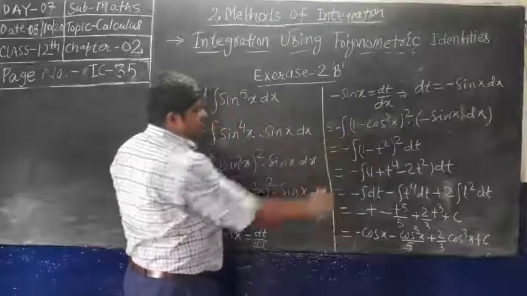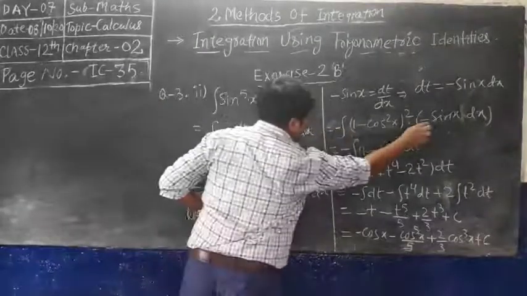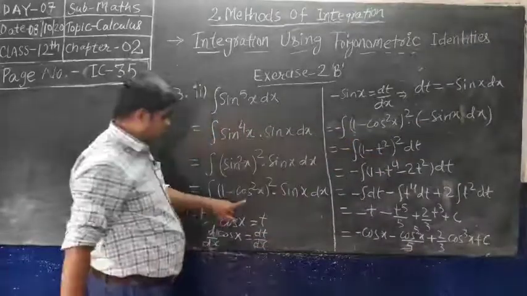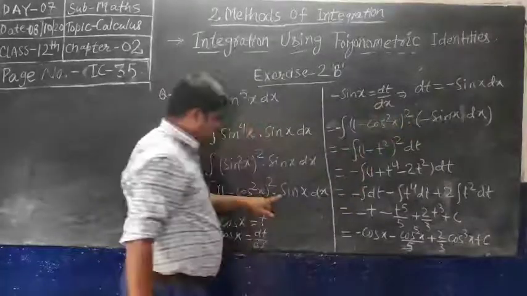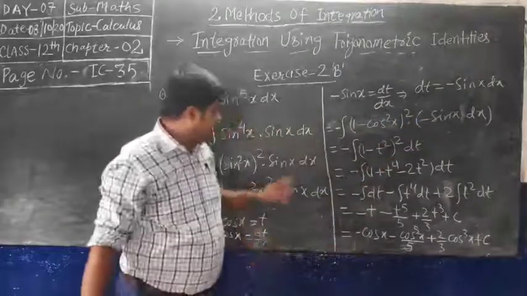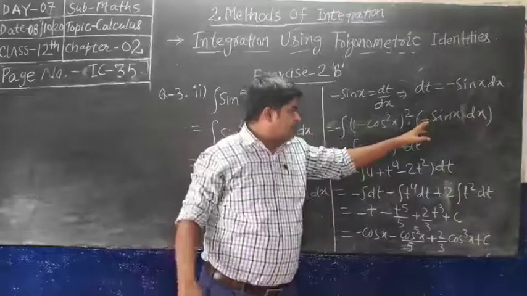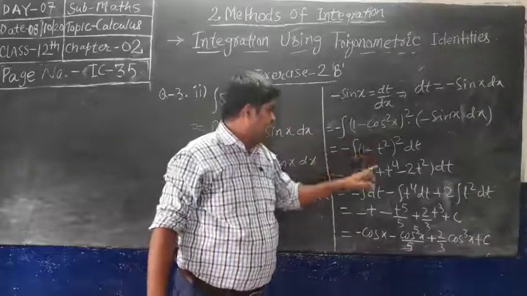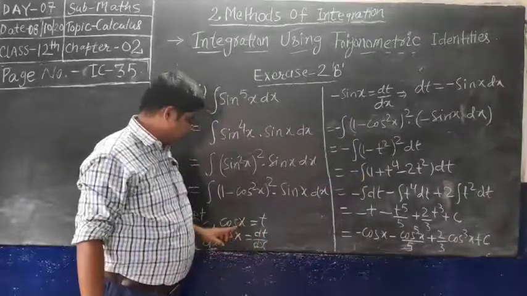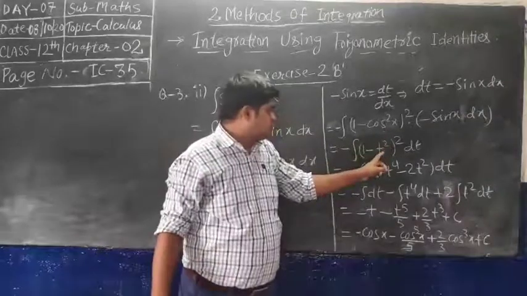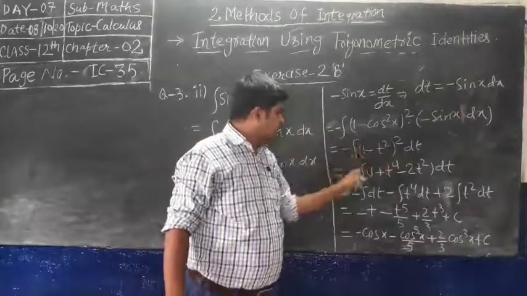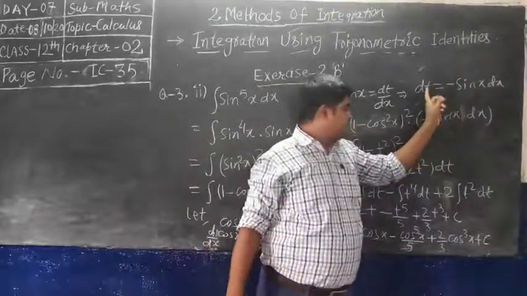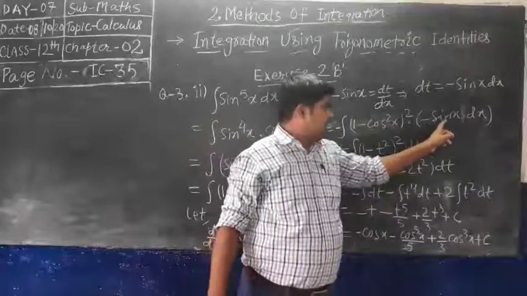You will multiply with a minus term, so this minus becomes plus. So you will apply minus here: integration of (1 minus cos square x) to the power 2 into minus sin x dx. You will just add minus plus on your side. Now minus integration of 1 minus, you will put the value of t is equal to cos x. So cos square x is t square, to the power 2. Minus sin x dx is equal to dt, so you will put dt instead of minus sin x dx.